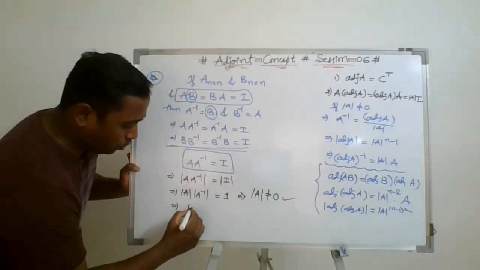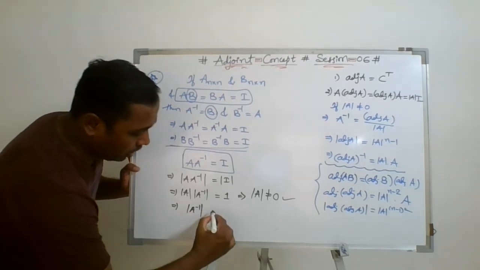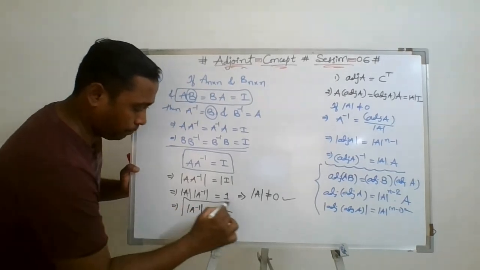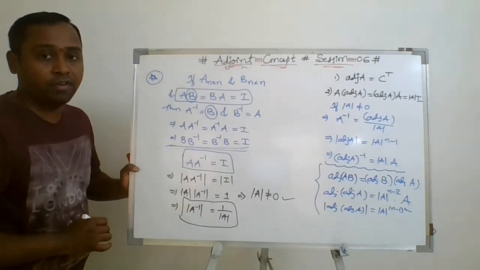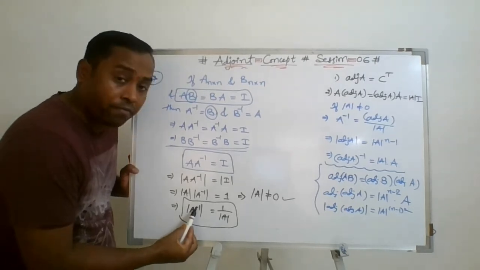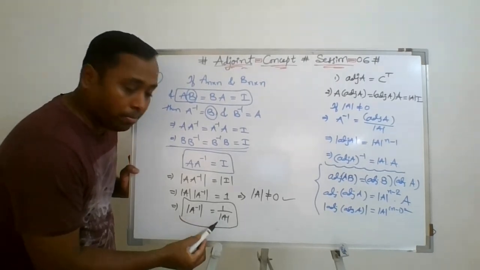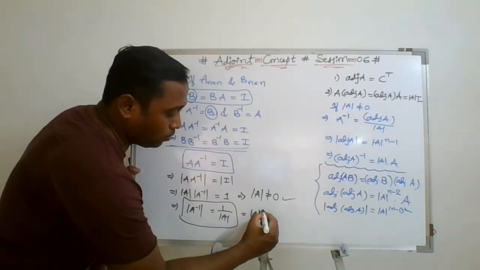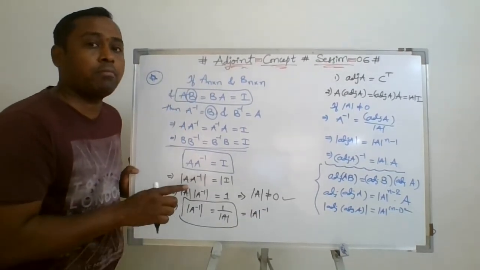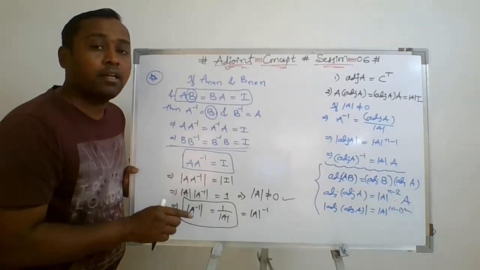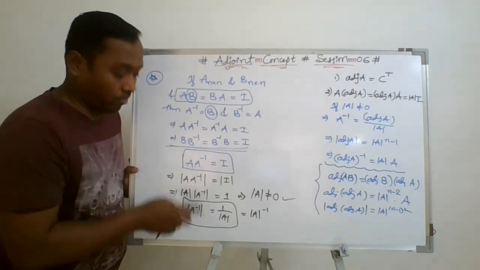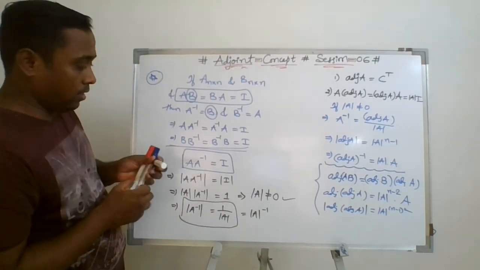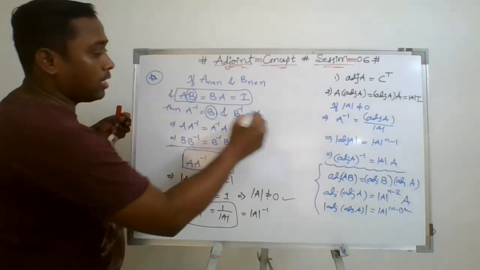Apart from this, I can also say here that the determinant of A inverse is equal to 1 upon det A. See how beautiful a result it is. The determinant of A inverse is simply 1 by det A. 1 by det A is also written as det A to the power of minus 1, just like 1 by x is written as x to the power of minus 1, reciprocally. Simply, from here what we can say, right?